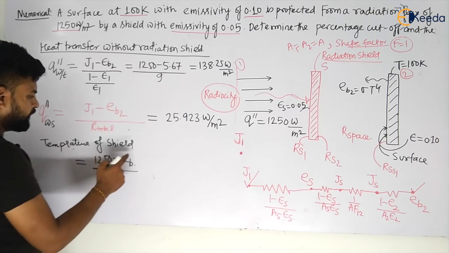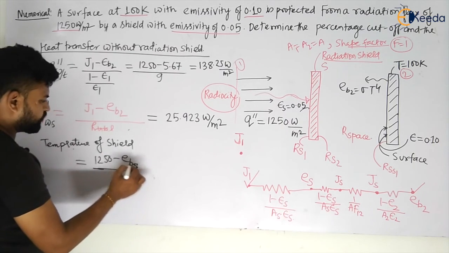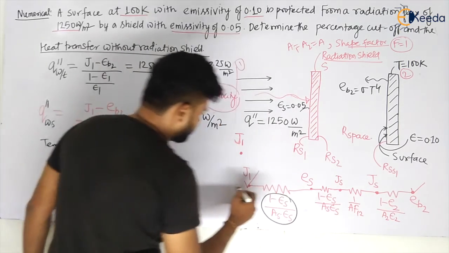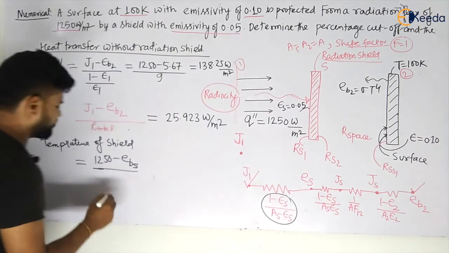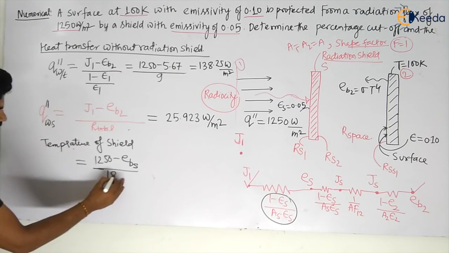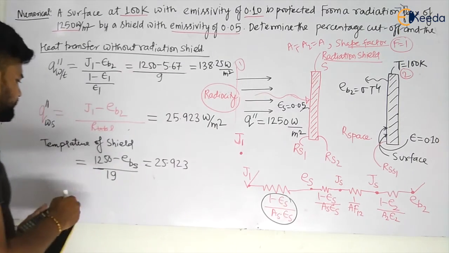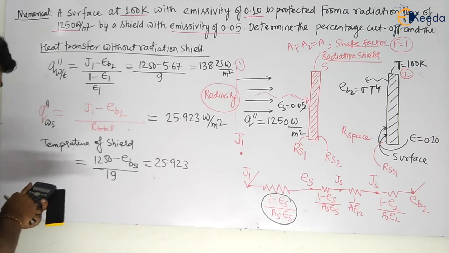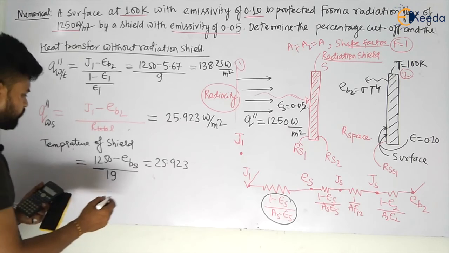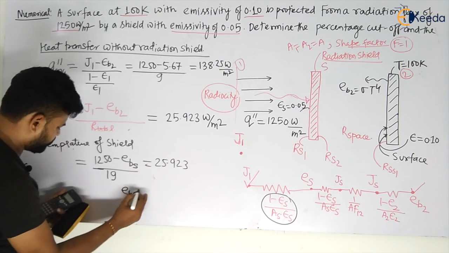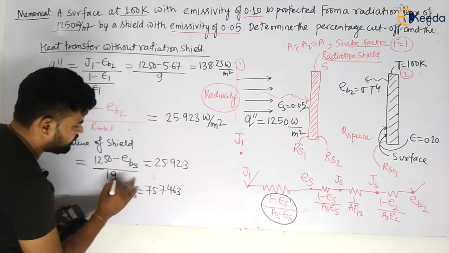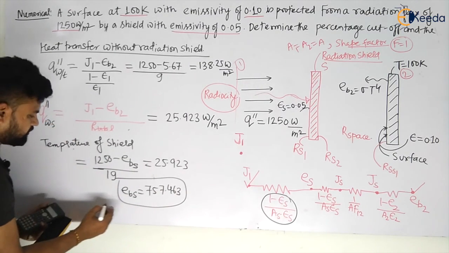What is the EB of the shield we have to calculate, and what is the resistance of the shield? The resistance of the shield for this particular location will be nothing but 19. So let us calculate it: 25.923 multiplied by 19, and 1250 minus this is equal to EBS, which is 757.463. Okay, now can you calculate the temperature? So temperature